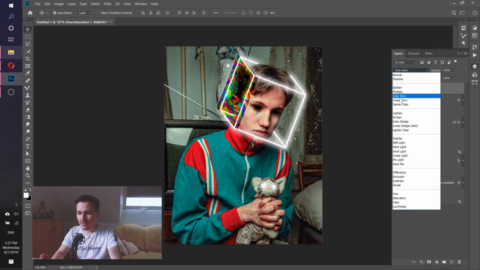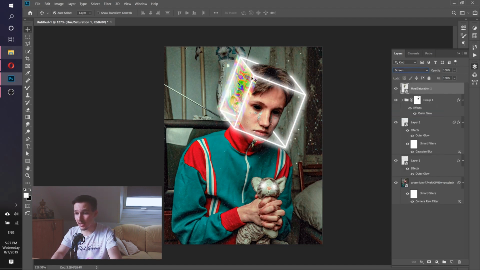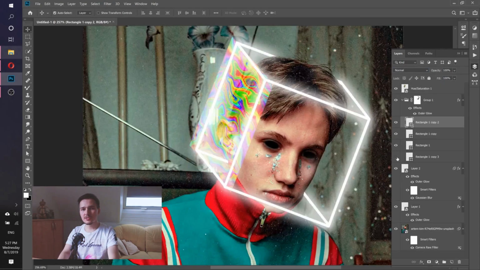Okay. So as you can see, I'm just experimenting with blending modes. I can just click and see what blending mode is actually best. As you can see, light and screen looks actually really good, and I choose screen here. So now what we actually need to do